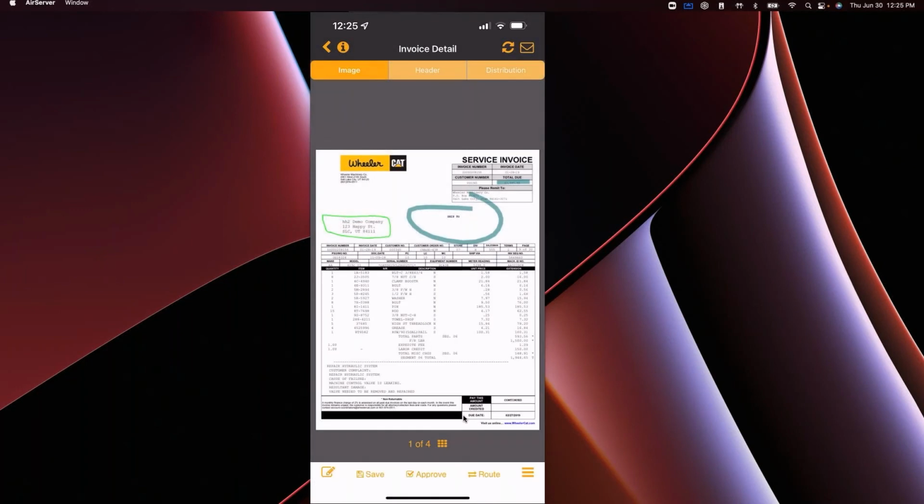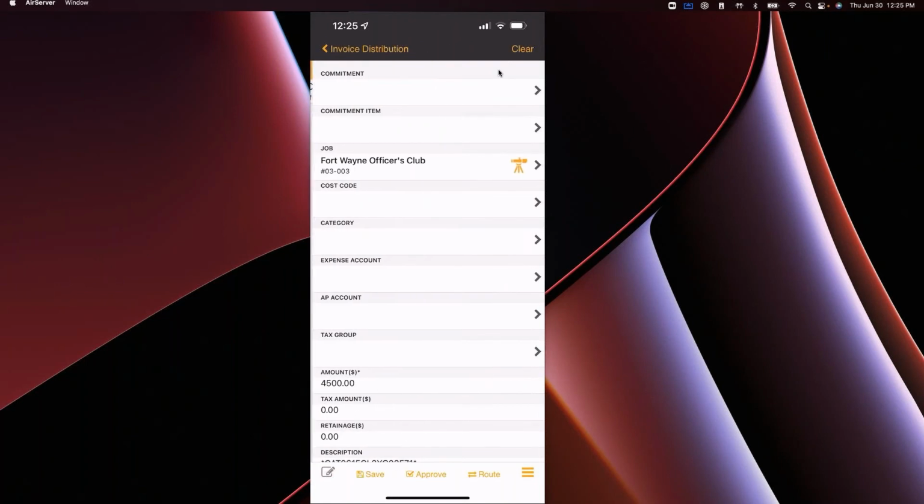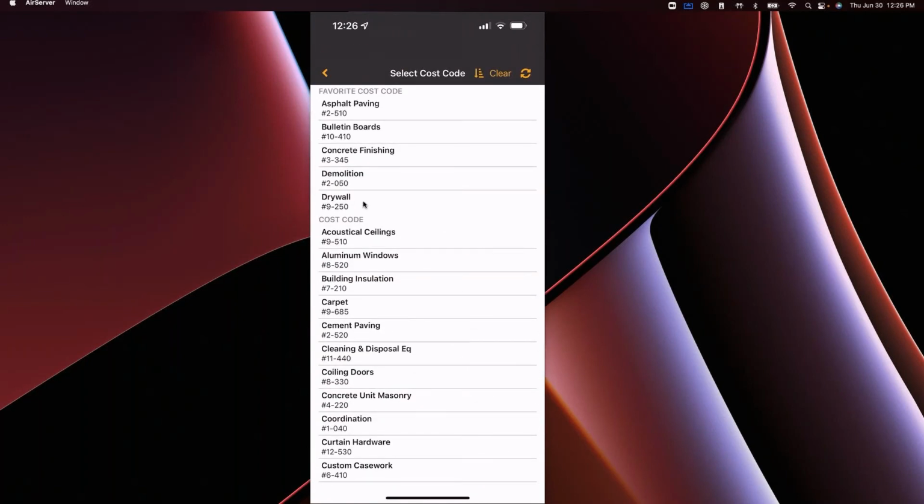But most times you want to get into the details of this. Up at the top right, there's a distribution section. Let's dive into that. Well, it pulls up the distribution. This was already coded to the job, which is why I'm getting this today. And I can simply fill out the remaining distribution fields that I'm responsible for. Now, if these were already filled out, you might just be reviewing it and then clicking the approve button at the bottom.